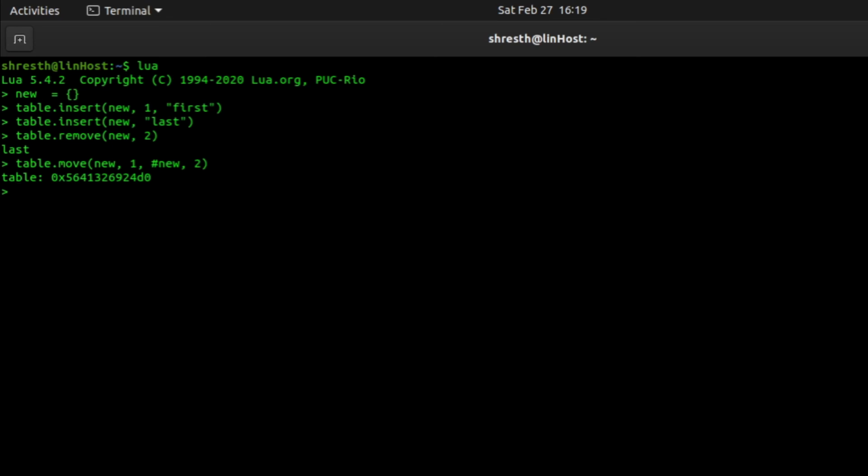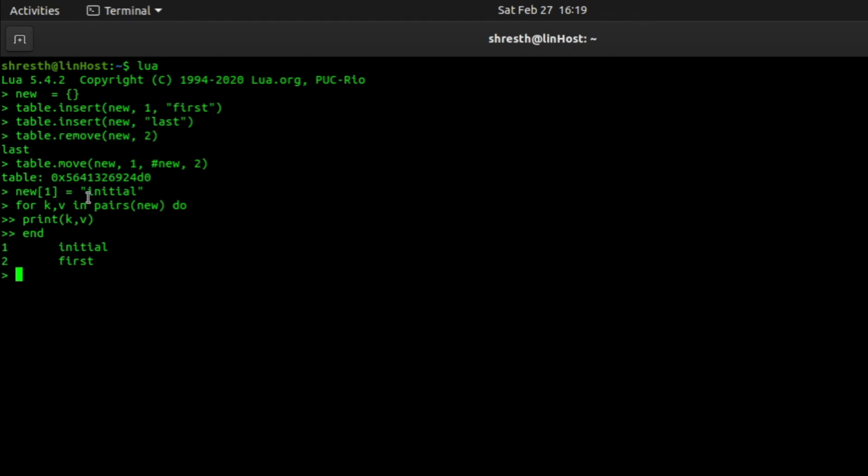Now what I will do is place the new entry at the first position. Let's say initial. Now if I iterate this table, you will see the effect of what I have done. You see, initial is inserted at the first, and then we have the second element first. And the last one we don't have, because we removed it here.